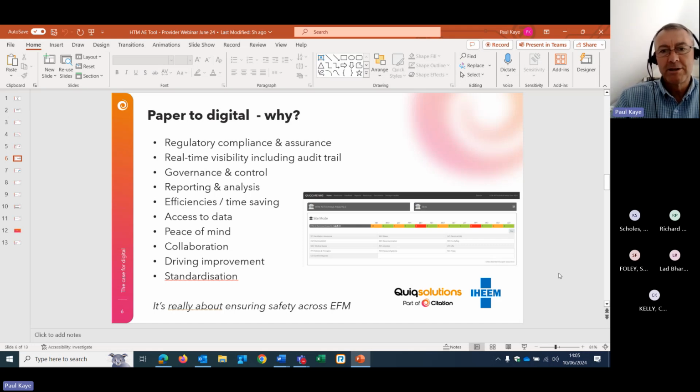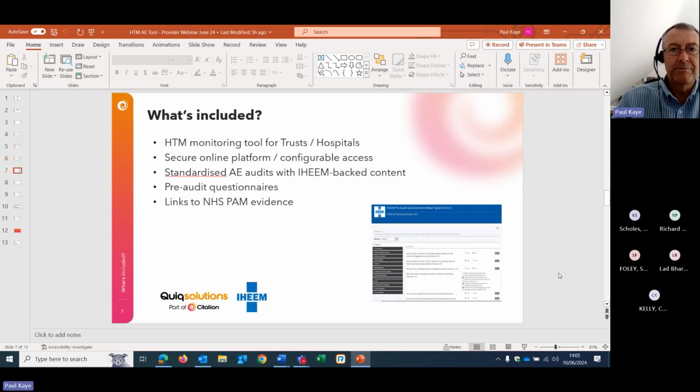It's really an insurance policy that says you're aware of your strengths and weaknesses, you're able to act on them with the action plans, and then you'll be able to report on them so you can show progress to the powers that be. And ultimately, it's about driving improvement and improving safety across an organization by shedding a light on the things that you could do better, and then capturing them and making sure they actually get done. So this tool has really come out of the system we've developed for PAM, which is used by about 30 NHS trusts currently.